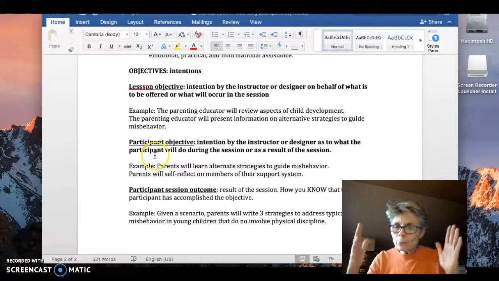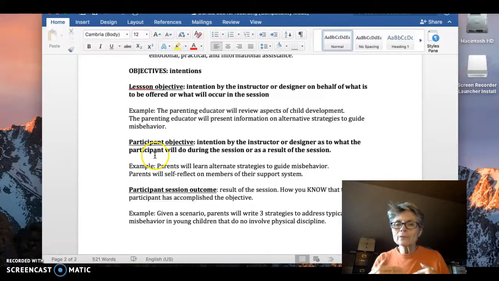So when we're creating our lesson plans, our objectives are really the intentions of what we intend to do or what we hope